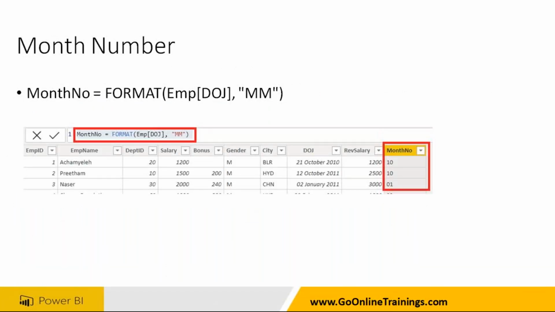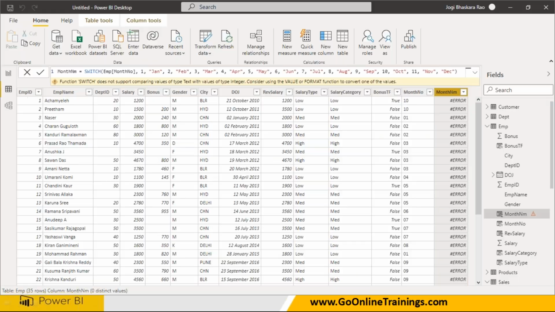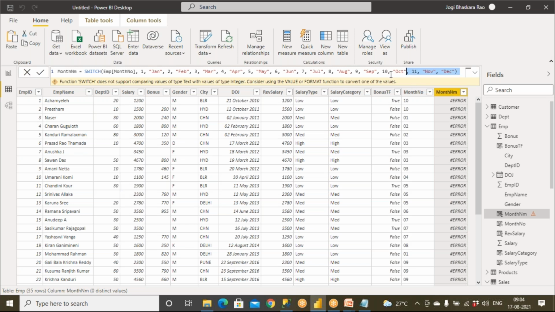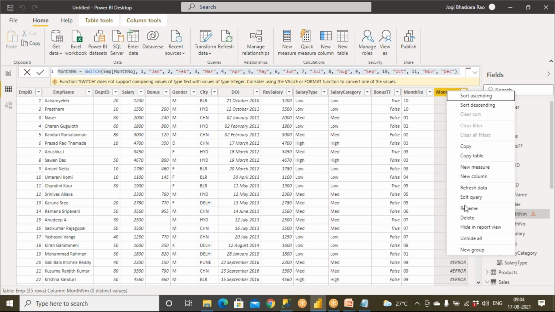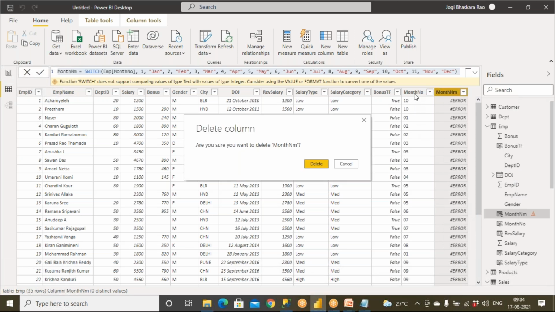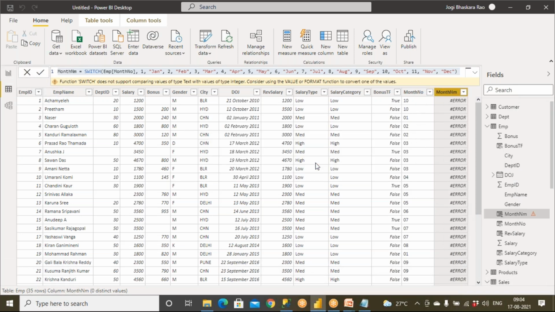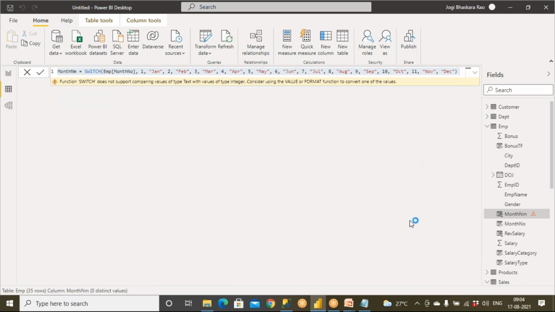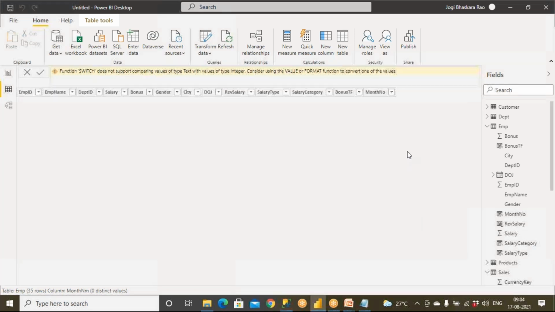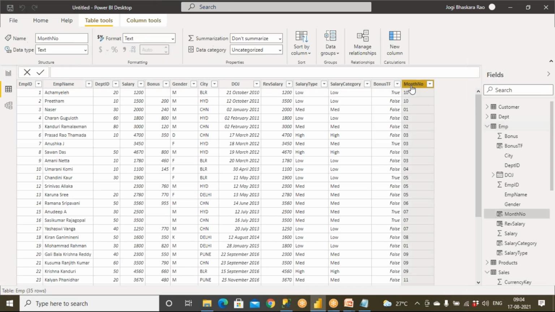Okay, we'll do something like this. Instead of taking this value, it is not going to work because it is giving you a string value. So what I do, this is going to be working fine. There's no problem in this. Let me go back and delete this. It is giving you a text. I wanted to change the data type for this. I don't want to create it like this. The easiest way we can do it,